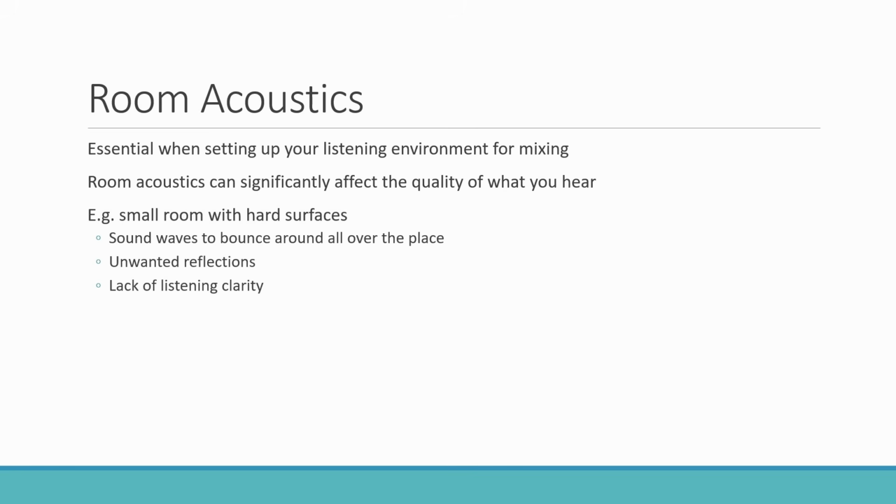For example, a small room with hard surfaces will cause sound waves to bounce around all over the place, which can lead to unwanted reflections and muddiness when you're listening to your mixes and trying to hear what's happening. Whereas the same room with acoustic panels on the walls and ceilings, and maybe thick carpet, maybe a soft couch, will sound so much different. For now, just remember that understanding how your recording and editing space affects sound will help you make better decisions